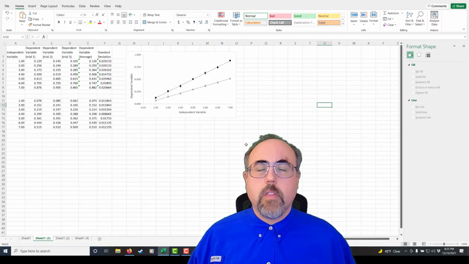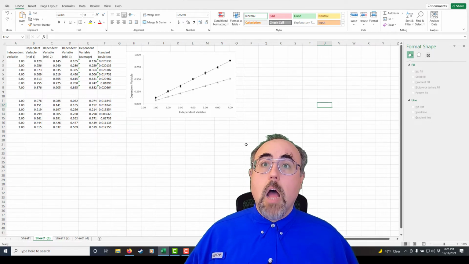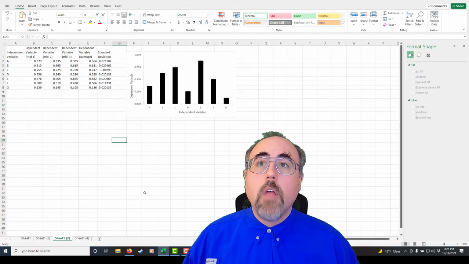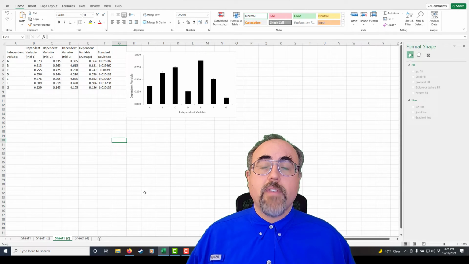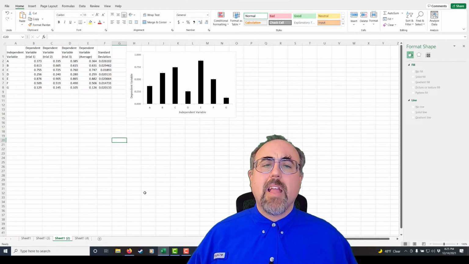We're assuming that the dependent variable, once again, is some kind of numerical output, some kind of measured value. So in this case, you've got two measured values. This is very common. Now, if instead the dependent variable is a measured value, whereas the independent variable is not really a measured value,